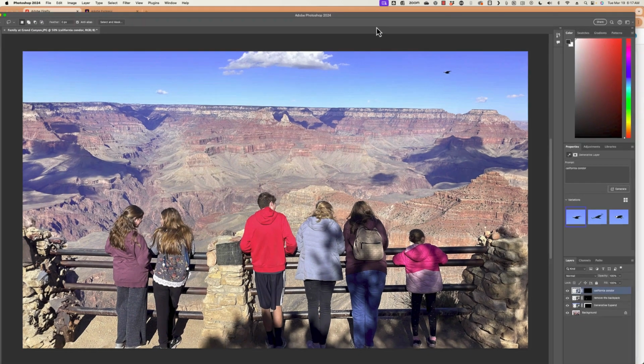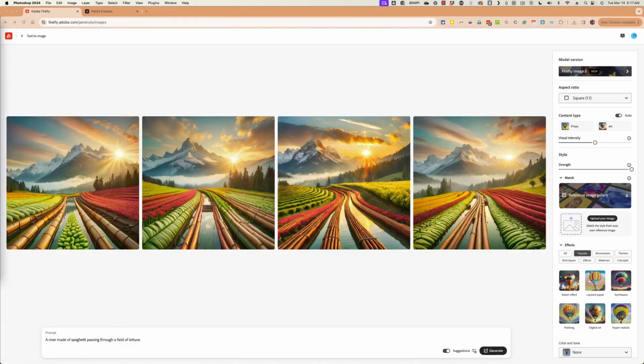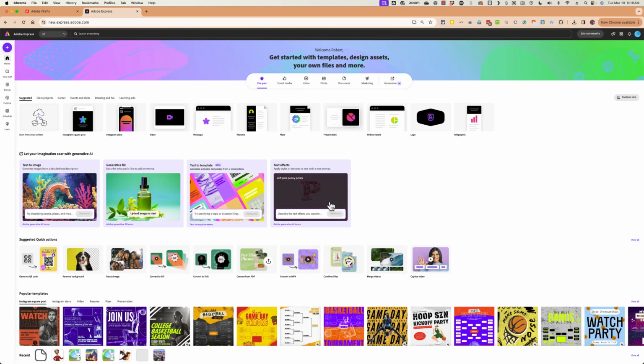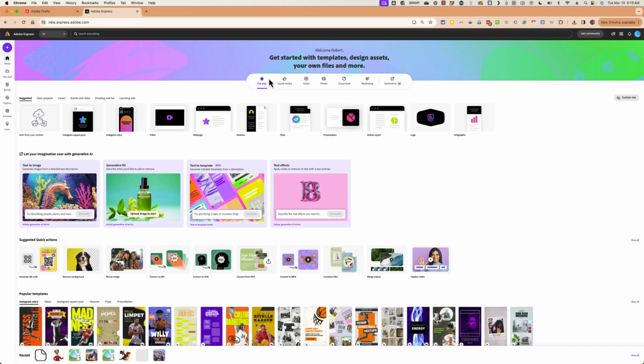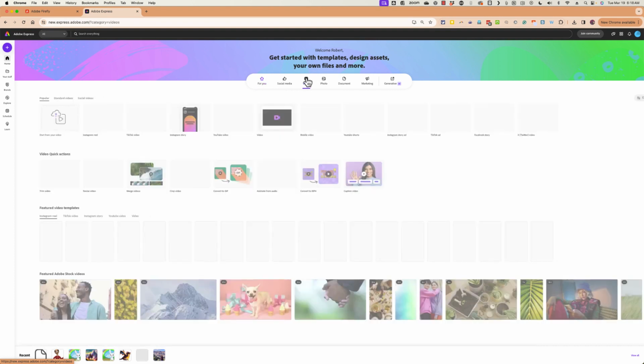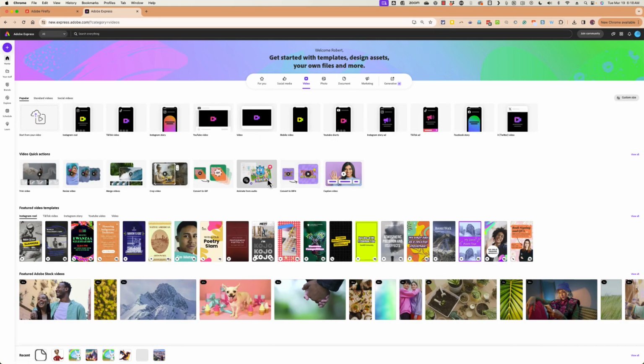All right, for our final AI magic that we're going to look at, we're going to go to Adobe Express. And there are several Adobe Express artificial intelligence tools. Let's look at some of the most exciting and some of the newer options. So the first is something called Adobe Animate from Audio. And you can get to it a couple of different ways. One of the best is just to go here where it says Video, and then look for this image here,